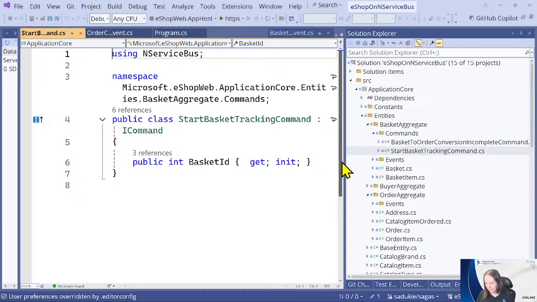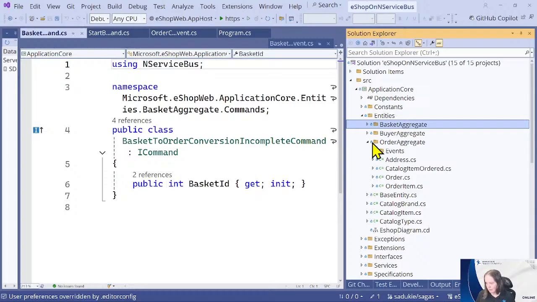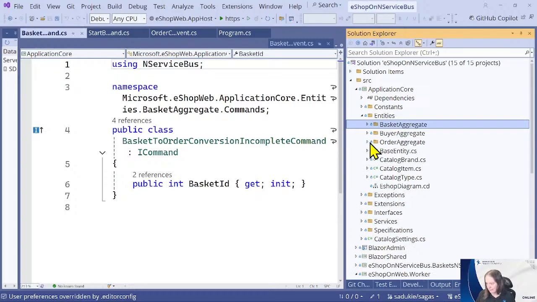We'll look at how we build that here real shortly, but just know that this command is that I command, the interface that we're using here, coming from NServiceBus, and there's just a basket ID. Same thing, another one that's tied to our Sagas. Again, we're using basket ID to track it all the way through the process. Don't have any commands in order. It's all going to be in the basket side of things.